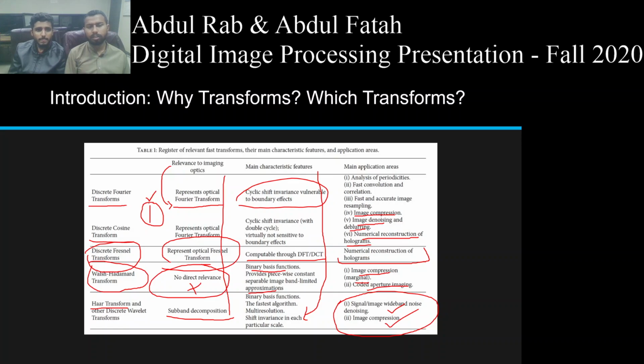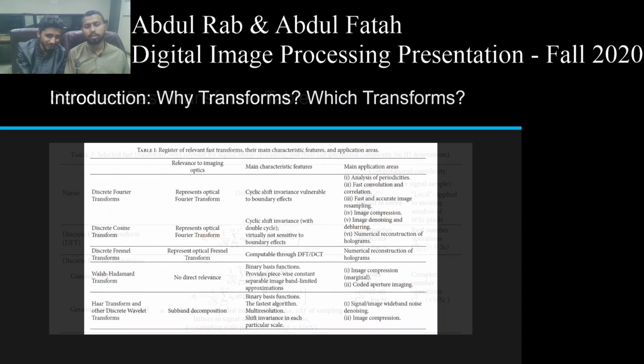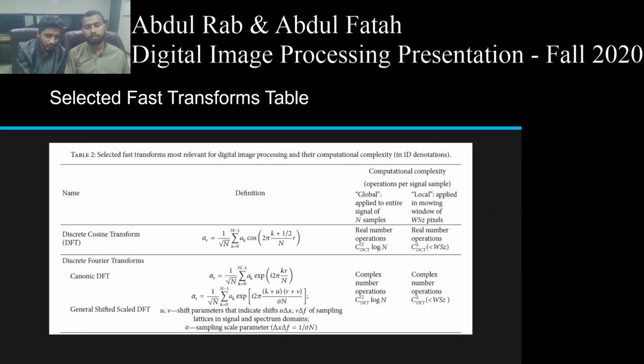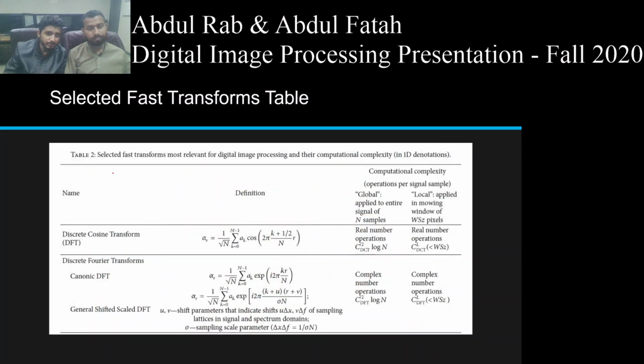So this was the first part of table 1. It is still table 1 continuing, so let's move to its next part. Here is the next part. In table 2 we will see table 1 completely. It ended here. Okay. So the next is table 2, and it represents the selected fast transforms most relevant for